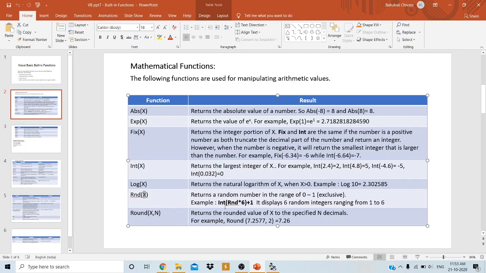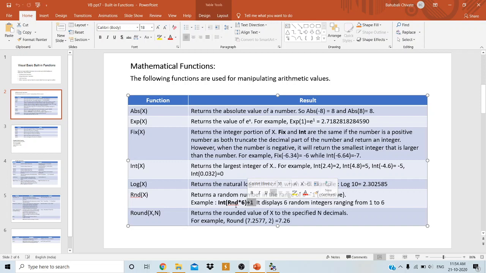Okay, see the same example here. Int, what is the int function? The int function is going to truncate the decimal part, the fractional part, and keep only the integer part. That's why we are going to use the int function here. And what is the random function? It is going to generate a random number between 0 and 1, multiplied by 6 because we want to generate up to 6 numbers, and we are adding plus 1.